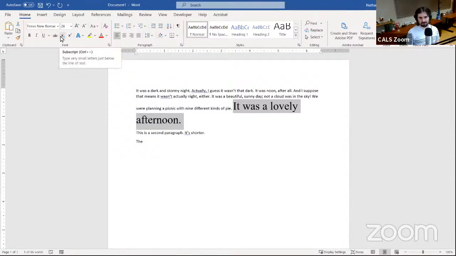And then you've got subscript and superscript. For the most part, those are only used in things like math and science, but you may need to use them for some other purpose. One time where you might use superscript where you don't necessarily need to make any tweaks, though, is